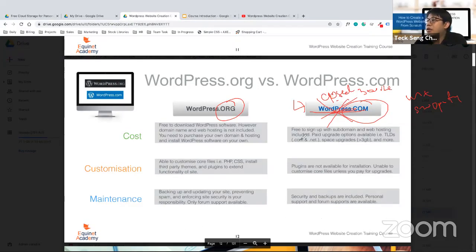Okay, so on the other hand, we have WordPress.org. It doesn't mean that you need to go to WordPress.org to register for your WordPress. What you need to do is basically just buy your domain, buy your host, and then you can start using it. The link here, WordPress.org, is for you to download the software, which by now you should know you don't really have to go and download, because it's all in the cPanel itself. Okay, let's move on.